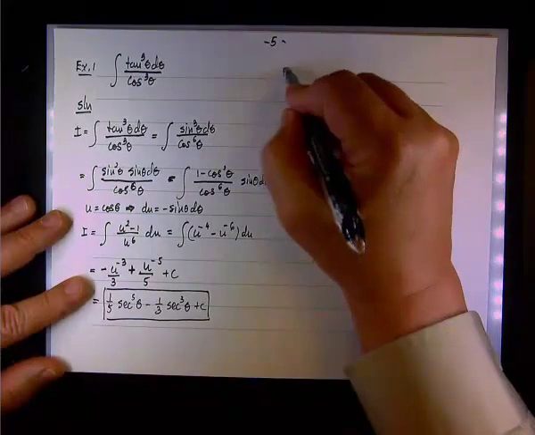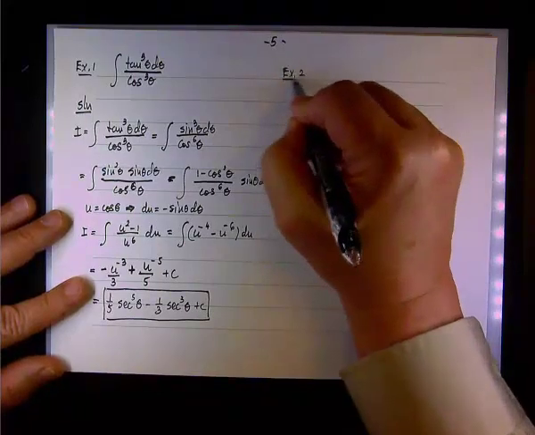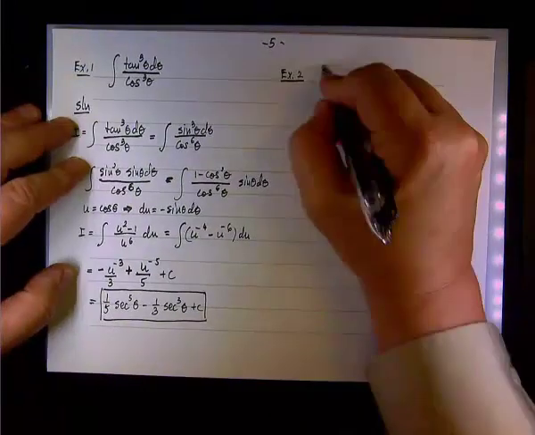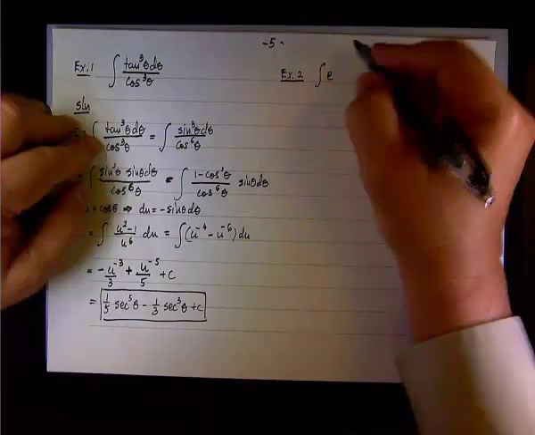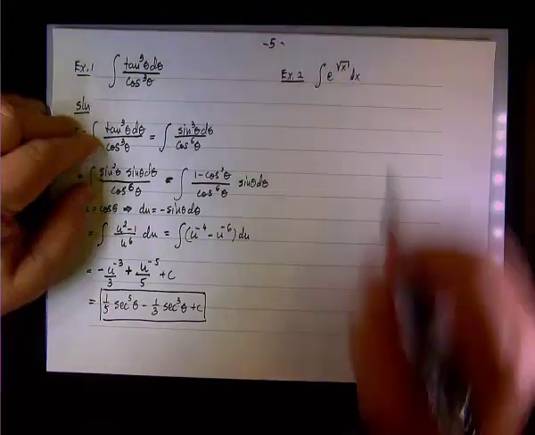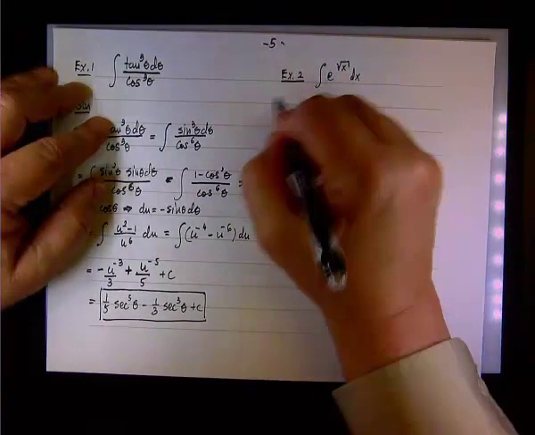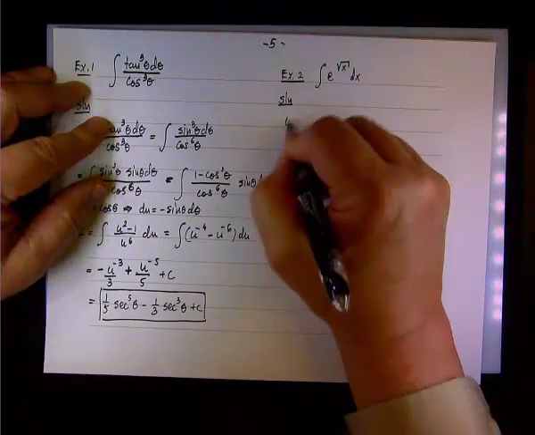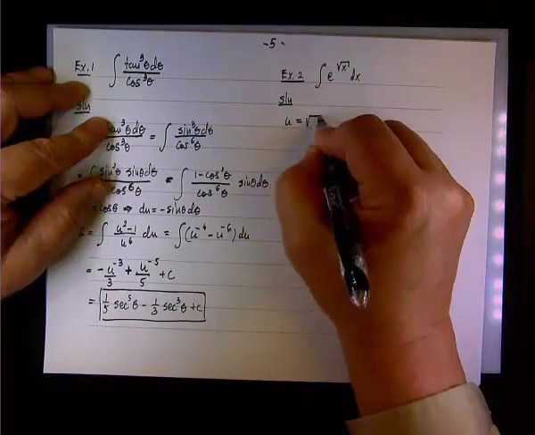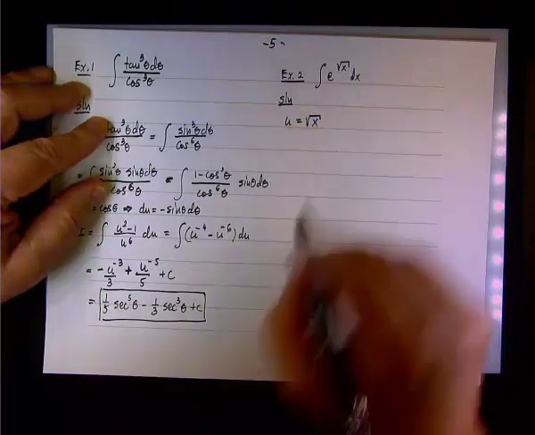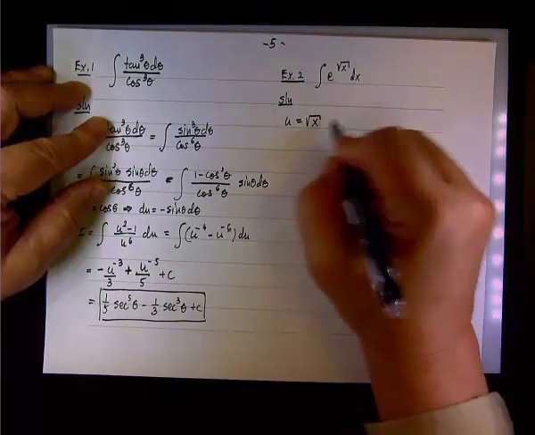Example 2. Again, we are looking to utilize different strategies here. So we need to evaluate the following: the integral of e to the square root of x dx, like so. Square root of x is in the exponent. The solution. All right. Without much debate or hesitation, we're going to substitute square root of x with u, and